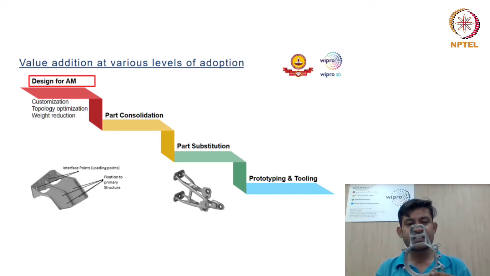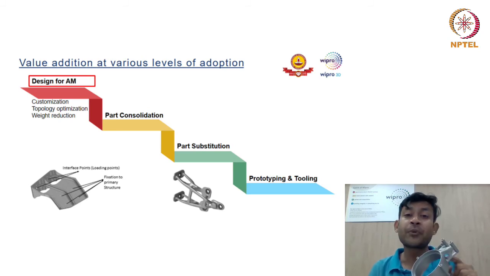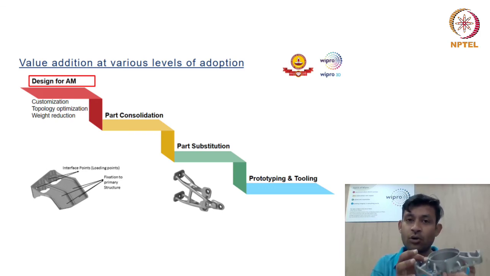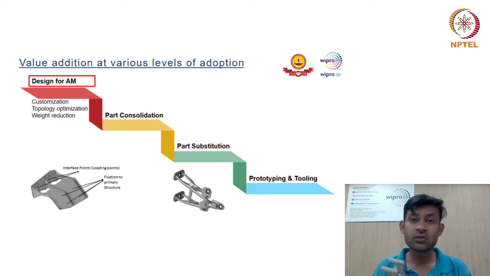This is a topology optimized component. When I say topology optimized component, the topology is optimized based on the load paths and the stress that the component is going through. So the funda is simple. Wherever the component is experiencing more stress or more load passing through, there will be more material in those regions. Wherever there are minimum stresses and there are no load paths at all, the software or the user will remove